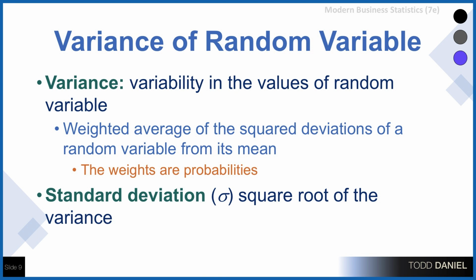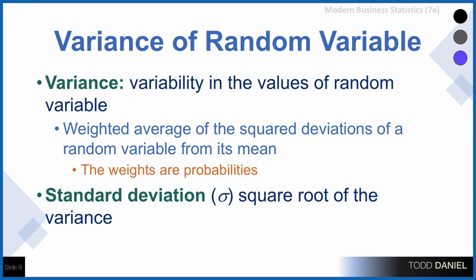The variance and the standard deviation. Variance is a measure of variability for our random variable. It is still a weighted average of the squared deviations. Remember that a deviation score is x minus the mean. So once we've calculated a mean, we can subtract the mean from each of the sales numbers, square those values, add them up, divide by the total number, and that's going to give us variance. The standard deviation, therefore, is the square root of the variance, in the same manner as we had calculated square root using any other distribution of numbers.